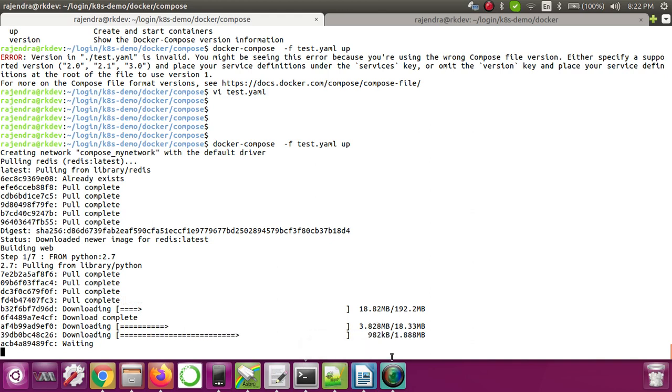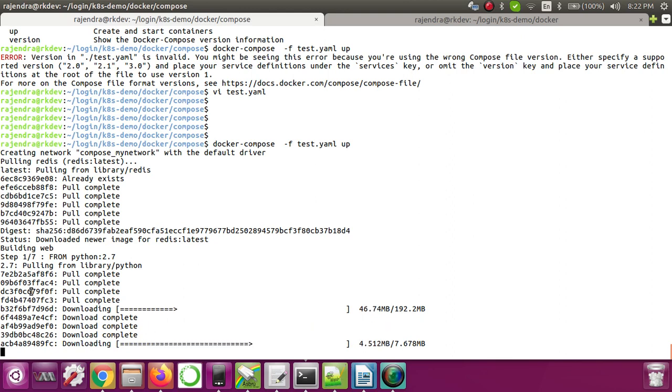Okay, so it's completed. Now only this one download is remaining. So we have an 18 MB download here as well, so it will take some time. Okay, so we have 7 steps in total in our Docker file. The first step that we are doing is pulling the 2.7.